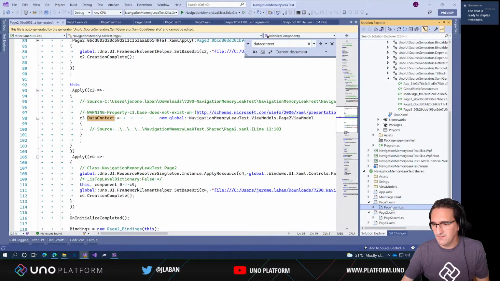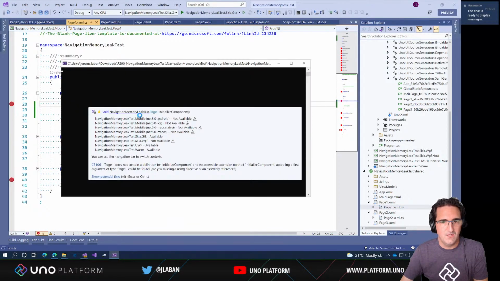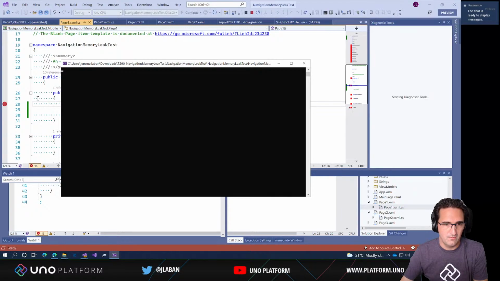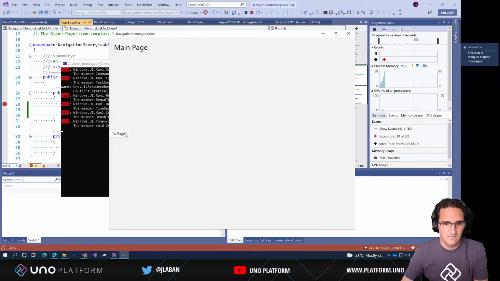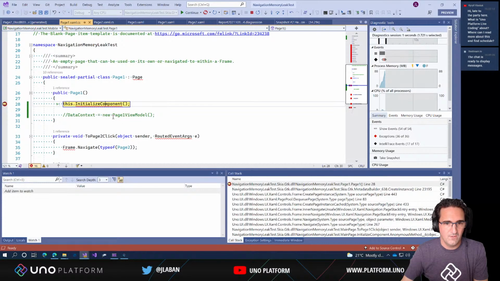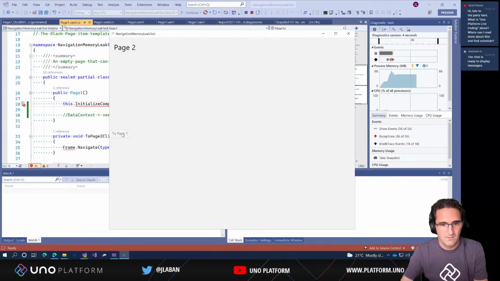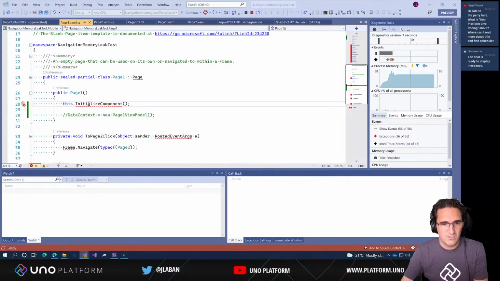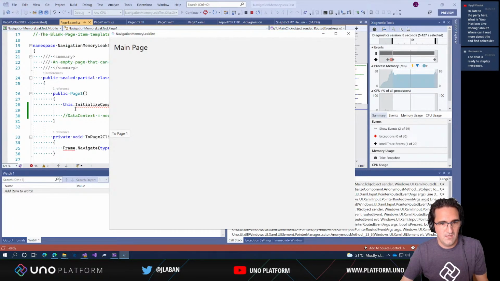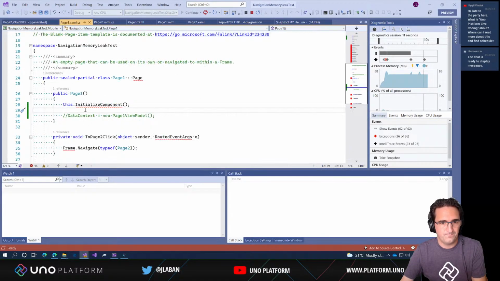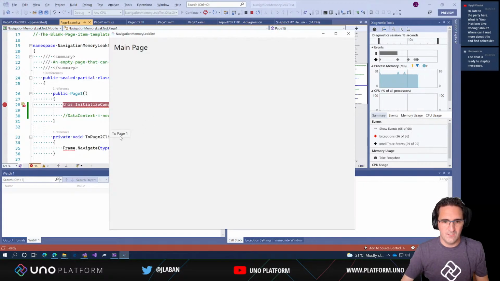So let's take a look here. We're supposed to be going through the initialization here. Going to page 1, so that works. So there's no problem here. So we're really going through the page 1 initialization. So we're going to take a good look again at page 1. I'm going to try to dig into,